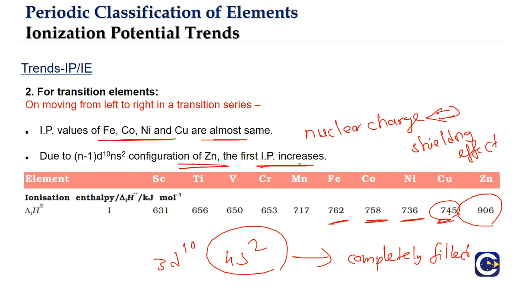So what is the overall conclusion for the first part of the series? We see that the effect of increase in nuclear charge is dominating. That's why the ionization potential is increasing. But then it is almost the same from iron to copper in that range, which means what is the reason? The reason is broadly that the increase in nuclear charge and the increase of shielding effect, they both are compensating each other. Zinc, suddenly we see a jump. Why? Because of the ns2 structure. Removal of electron from that 4s2 structure is going to be difficult because it is a completely filled s subshell arrangement.